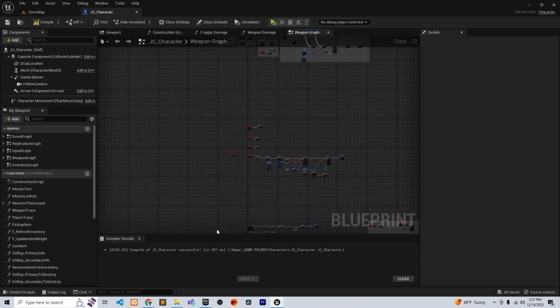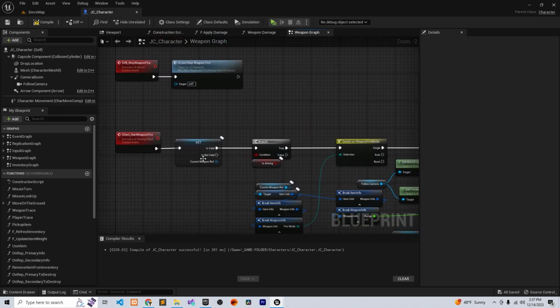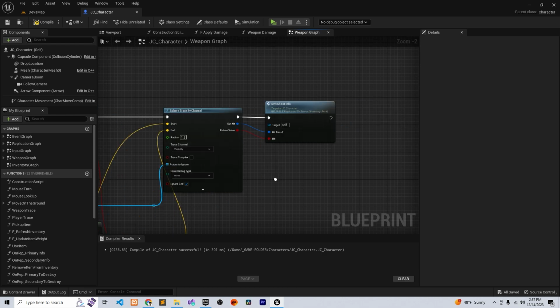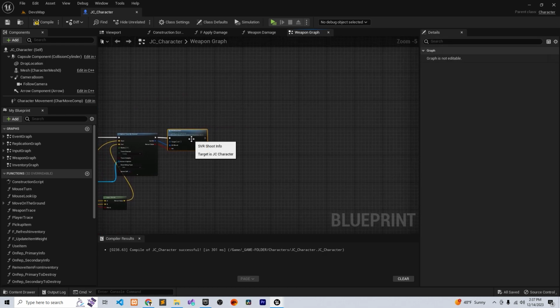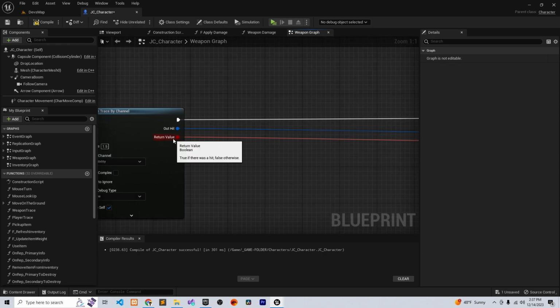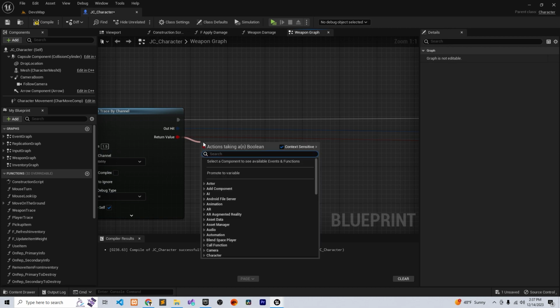Where is it? Is that right there? Yeah. Client start weapon fire. That's what we need. Client start weapon fire. So on the client start weapon fire, before we do the shoot info, we need a branch on the return value. So we say branch,